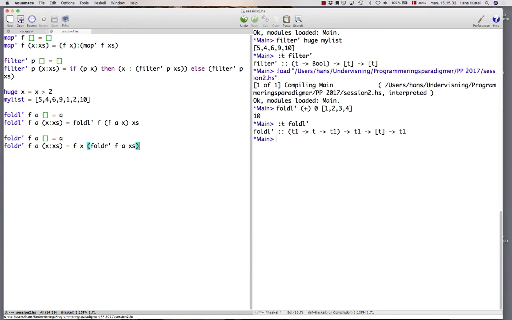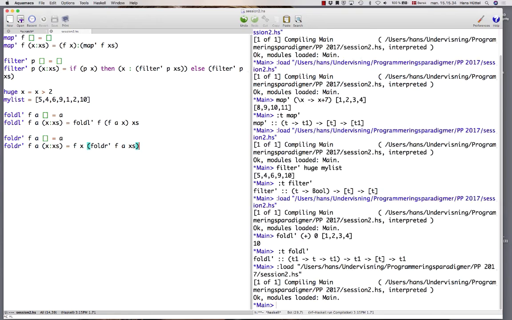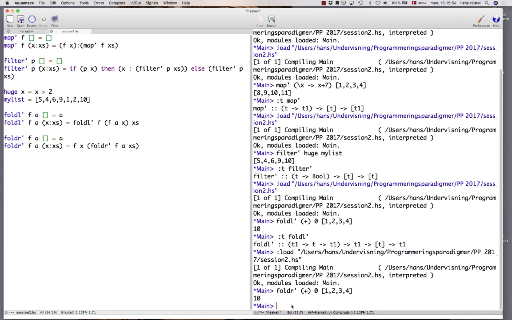Let's see what happens if we give this to Haskell. Everything is fine, Haskell says. What happens if we now apply fold right to the addition function, to the initial value 0 and 1, 2, 3, 4? Gives 10 again. So what's the point? You might ask, what's the point? Fold right and fold left are the same thing. Well, not really. Fold right and fold left agree